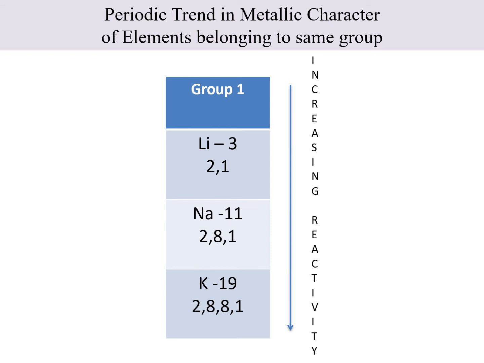But when this one electron from the valence or the ultimate shell is lost, the previous shell, that is called the penultimate shell, becomes the last shell. It is more stable because it has got the electronic configuration of the nearest inert gas. Here in this case it is neon, 2,8. So it gives extra stability to the atom. So this is what we find in metals down the group, that is, the reactivity goes on increasing.